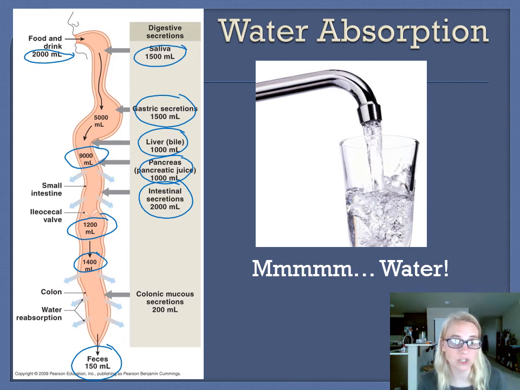You can get dehydration. Cholera is an infectious disease caused by a bacteria that prevents the water from being reclaimed by keeping open salt channels, and salt just dumps into your intestines. Water follows salt. Not only do you not reclaim it, you're actually losing more water out of your body, so people can die in a couple days from dehydration because they're just pouring out all of this water through their watery feces, this watery diarrhea, which can also impact our pH, as we'll be seeing in chapter 27,